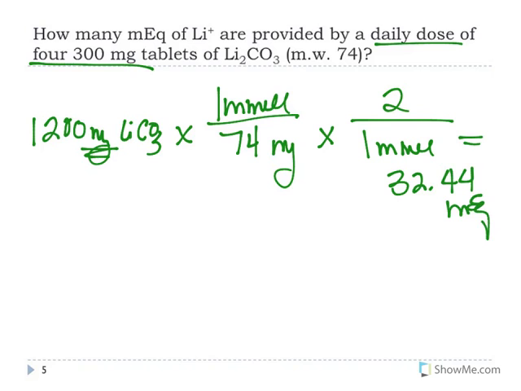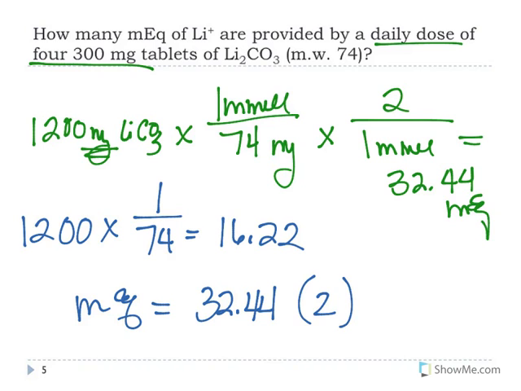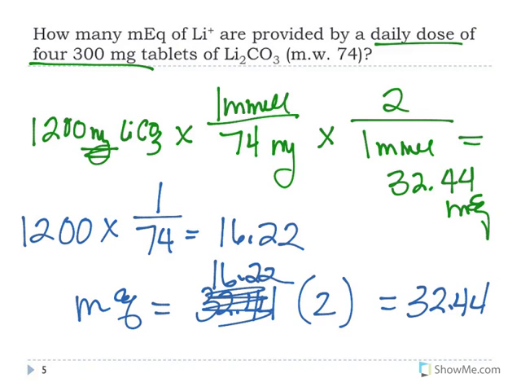Now, if you're not comfortable doing full dimensional analysis, what I would suggest is that you simply do the 1200 times 1 over 74 to solve for millimoles, which would be 16.22. And then remember that your milliequivalents is millimoles times valence. That's another way you can do it to get to that 32.44. And I'm sorry, I wrote the wrong thing here. This should have been 16.22. All right, so if I thoroughly confused you, let's look at 2 more examples, and hopefully that'll help with the